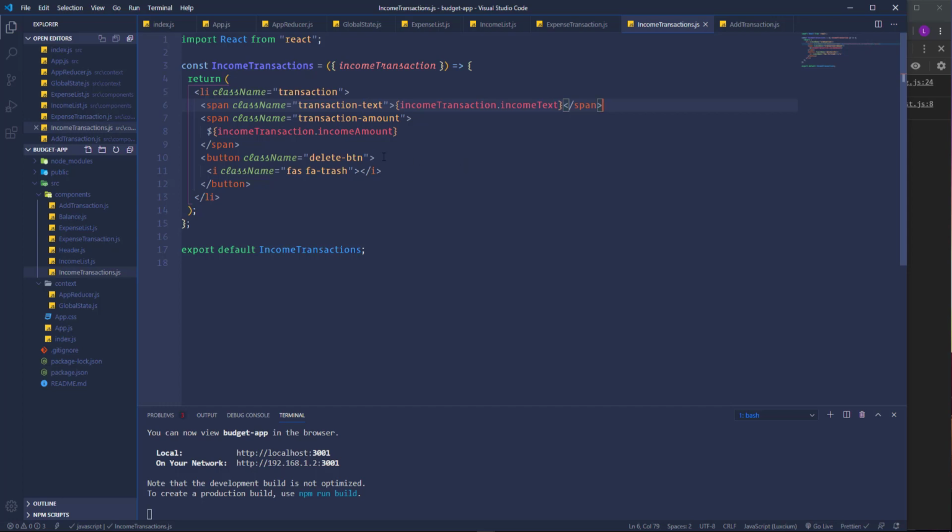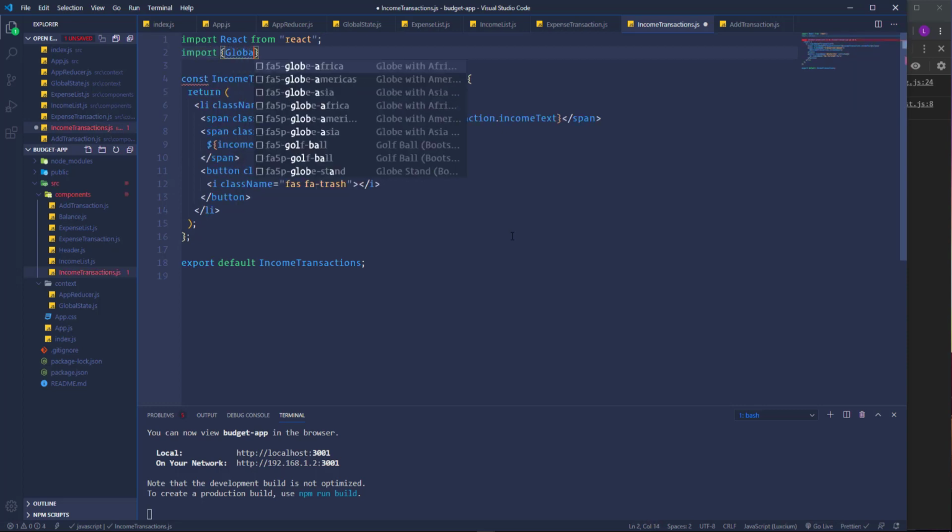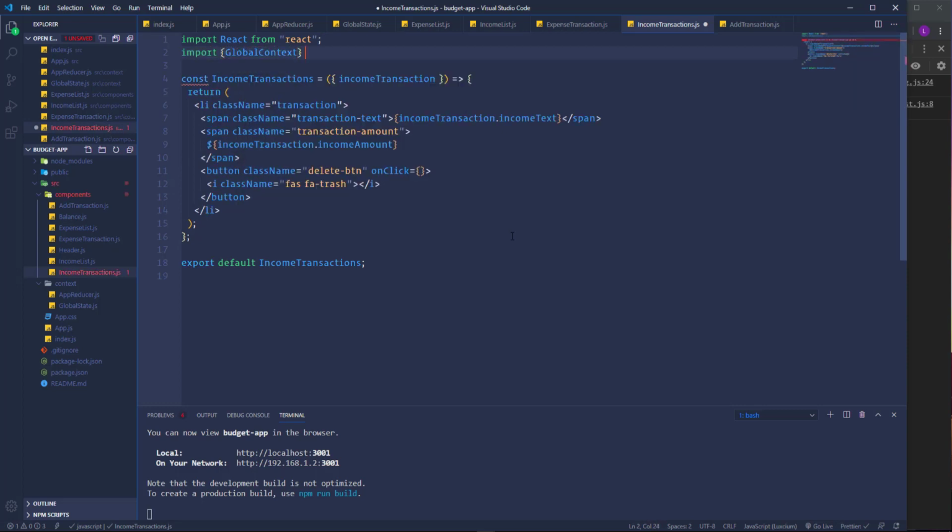So here we have a delete button. Let's add to it onClick attributes. Then we need to grab the delete transaction function from the global context. So let's go ahead and import, at first, global context from context folder and from the global state file. Also we need to import use context hook